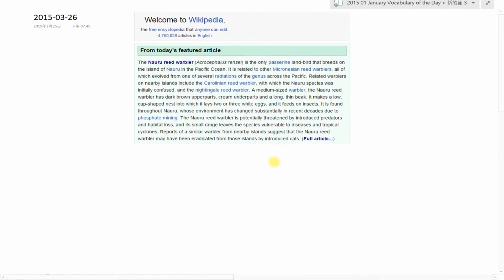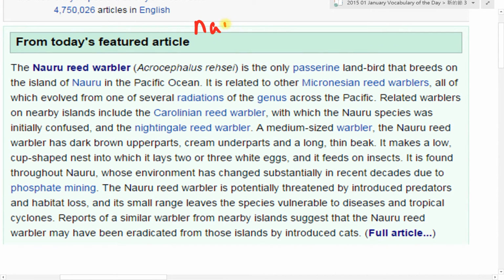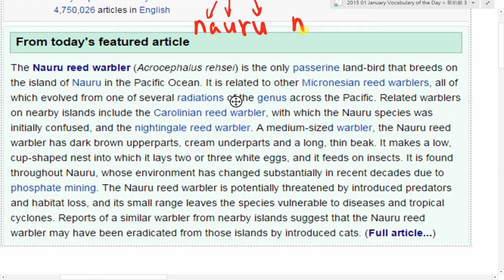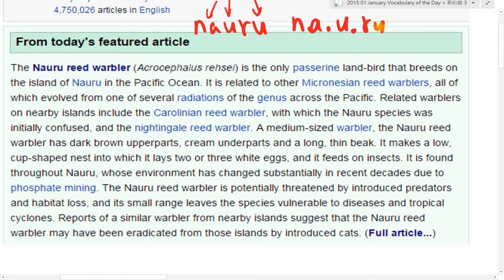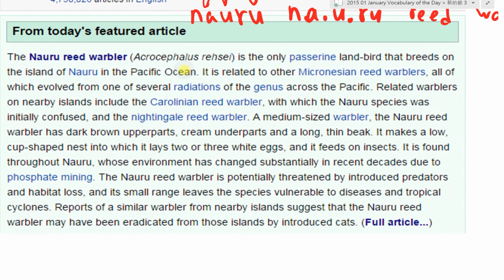Reed warbler。好，今天这个文章有兴趣的同学可以去 Wikipedia 这边打 N-A-U-R-U，Nauru。好，所以它是 Nauru reed warbler，就可以找到这个文章了。好，我们来看，老师把今天念到的地方 highlight 一下，从这边到这边，有兴趣的同学可以去找一下。The Nauru reed warbler, Acrocephalus rehsei, is the only passerine land bird that breeds